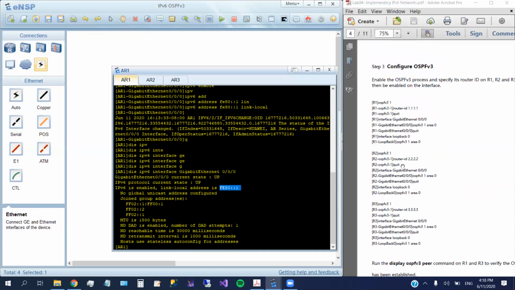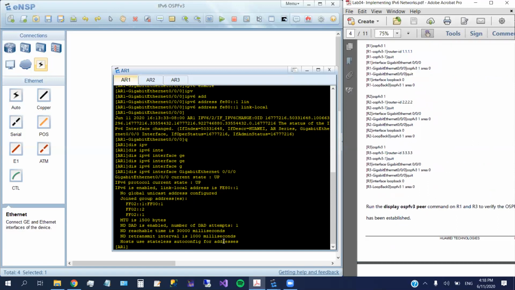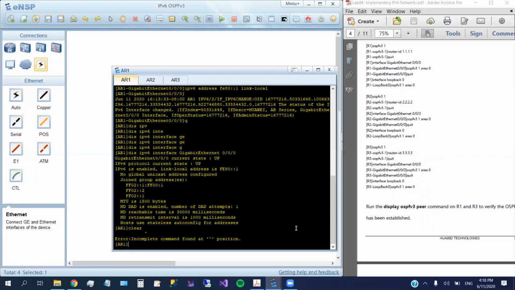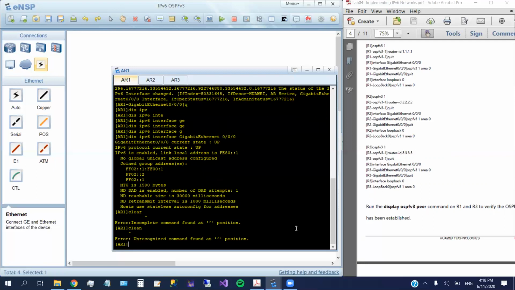So we now have to go to the configuration of OSPF on the routers. The first thing we have to do is configure router 1. So here we are on router 1. I'm not sure if it's clear or clean, I forget the command to clean the prompt. Anyway,